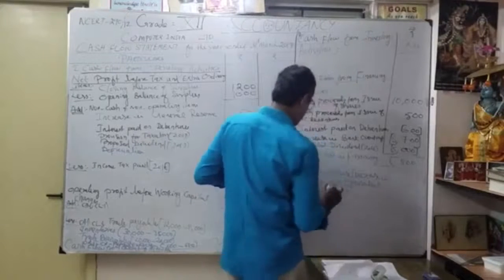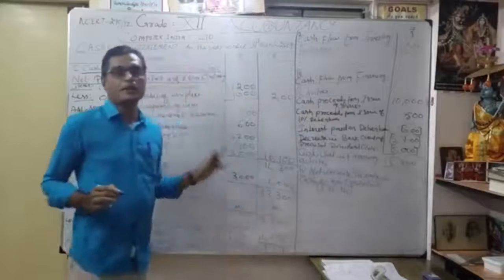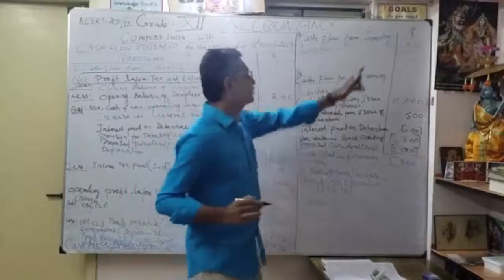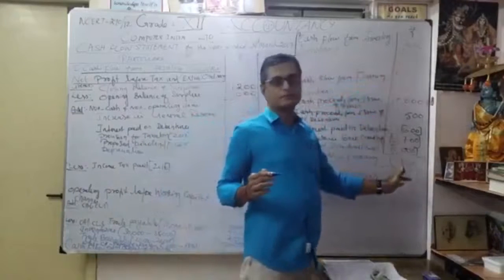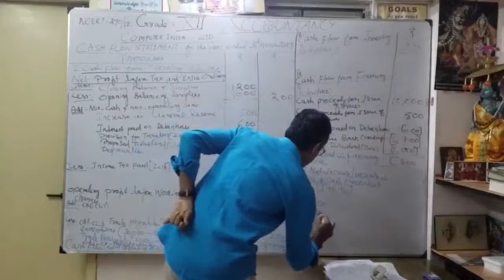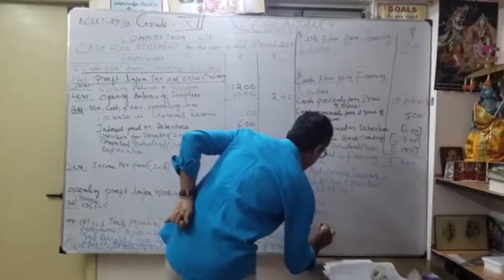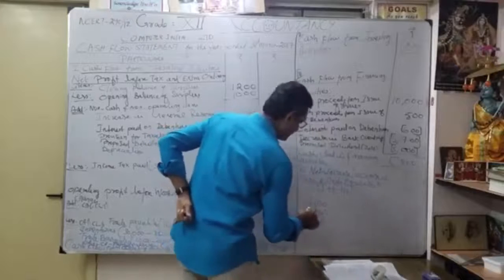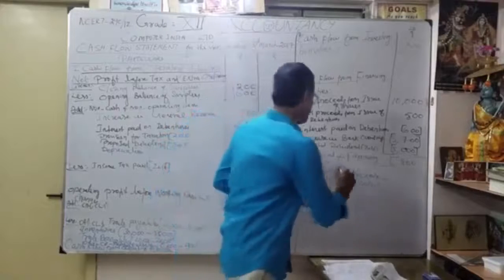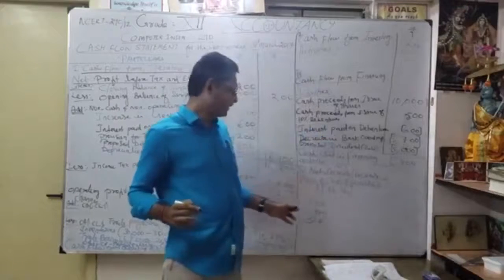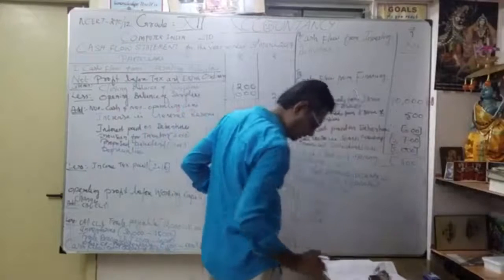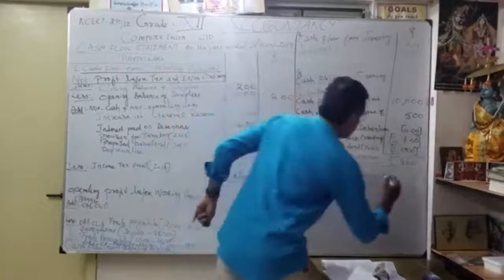Okay. Now we'll get the answer. What is Roman letter 1? Our operating activities, positive figure. So 3,100. Roman letter 2, nil. What is my Roman letter 3? Just 800, negative figure. So what is my answer? 31 minus 8, 23, 2,300. That's my net increase in cash and cash equivalents. You understood? So what is our answer? It is 2,300.